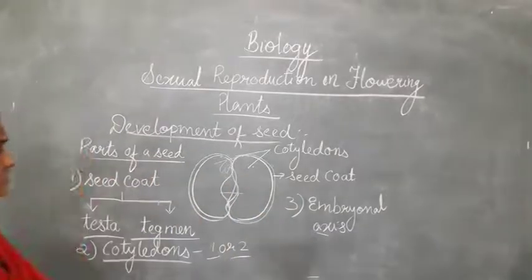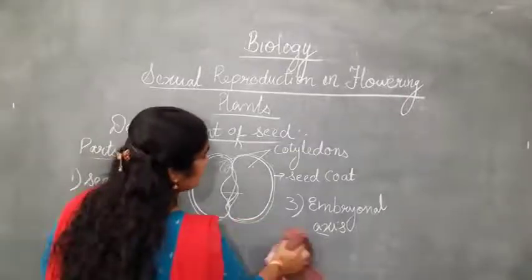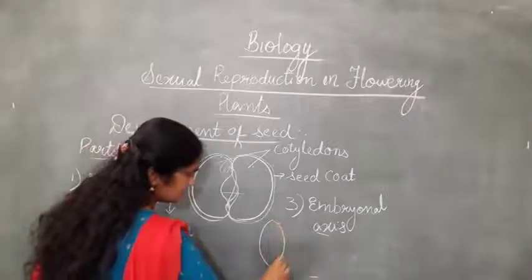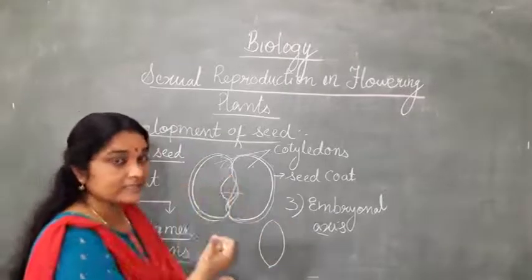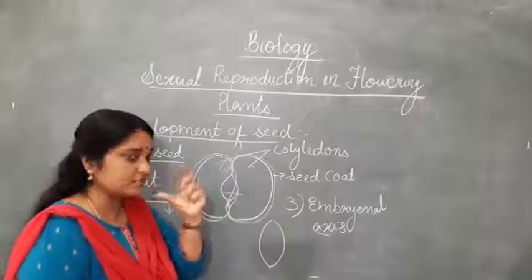Now, this is the seed of a dicotyledonous plant. If you see the transverse section over here, when you take the seed, that is green gram seed, or you can take black gram seed, or rajma, that is a leguminous seed, and all.